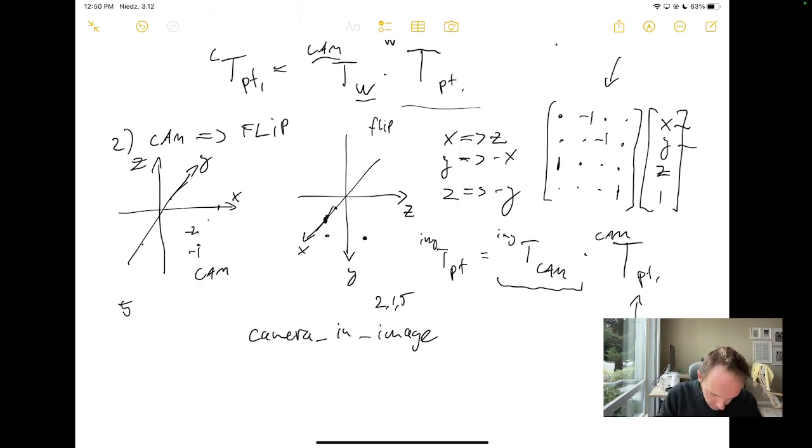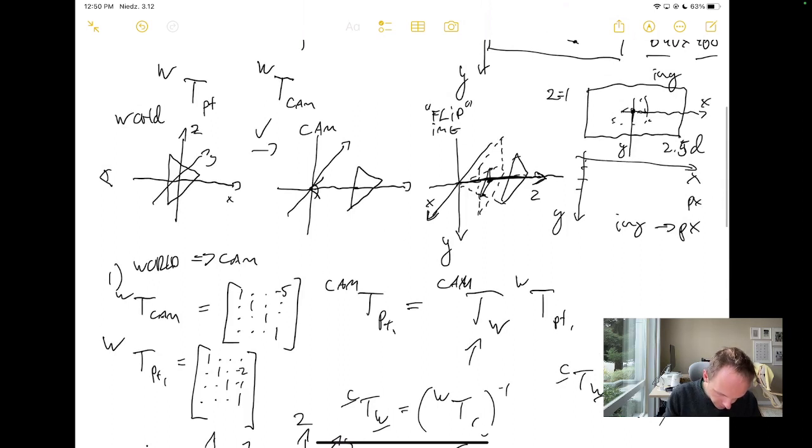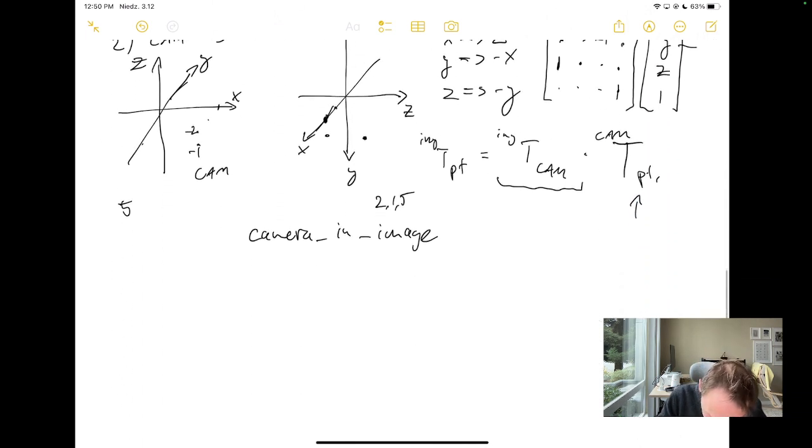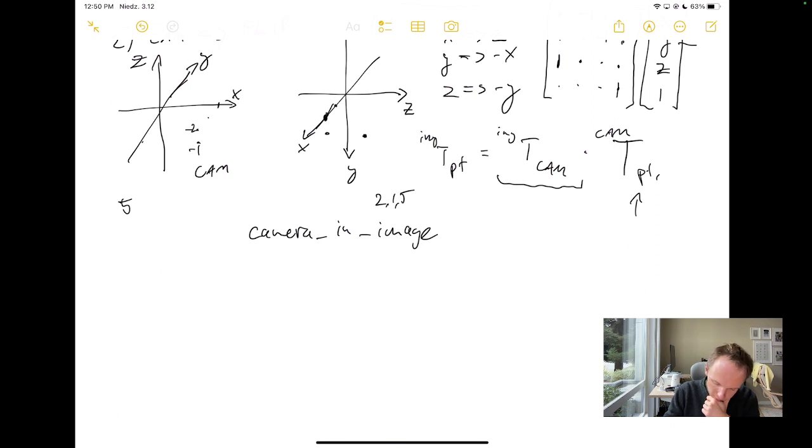So this completes the second transform, right? We went from world to camera, and then we went to flip. And now we want to do this final point. So we want to project it to z equals 1, and then we want to go to the pixel frame. So now we have a point that's like 2, 1, 5, and